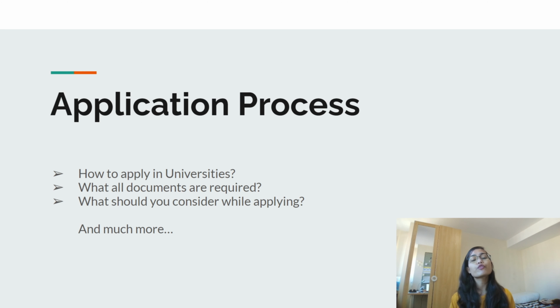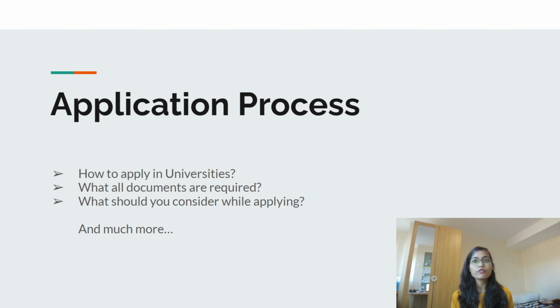So before starting the application process, the first thing that you need to have is the list of universities and the list of courses. So have a list of universities to which you want to apply and the courses which are of your interest and relevant. After having a list of universities and courses, side by side, start collecting your documents,